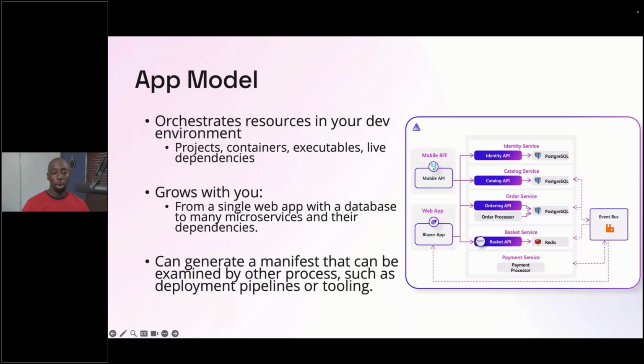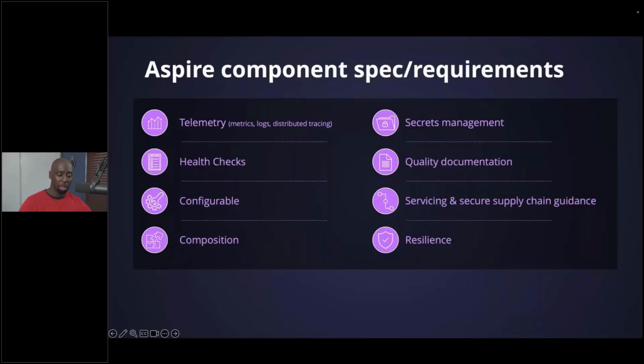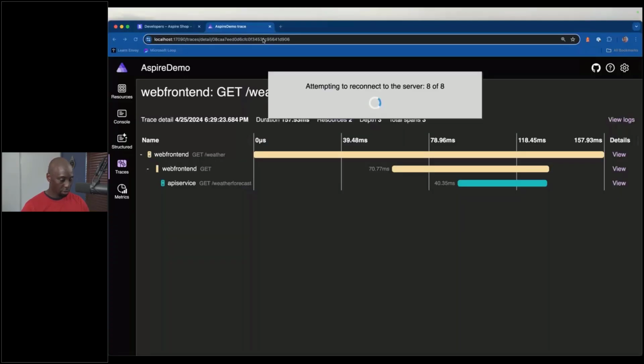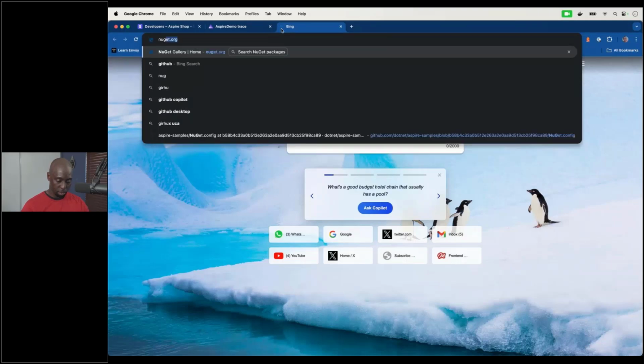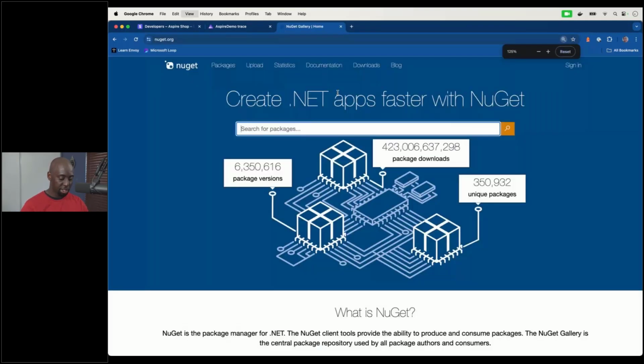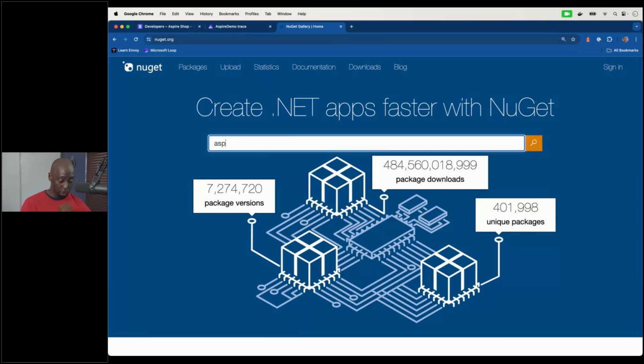Now, another thing that Aspire comes with is this collection of components, right? I told you a little while ago that sure, we can add projects, but this is something you do in Visual Studio today. There's nothing exciting about that. But in addition to that, Aspire comes with a collection of pre-built components. So let me see if I can show you this really quick. For instance, if I head over to NuGet, I'm going to make this a little bit bigger, and I just type in Aspire. Or you could do this inside of Visual Studio if you want.